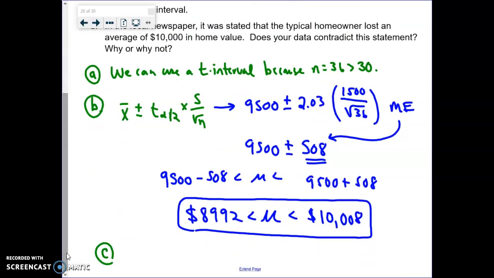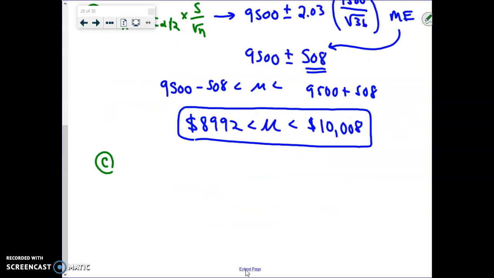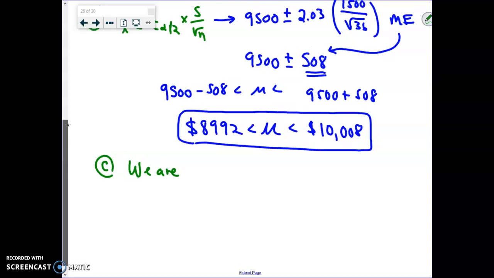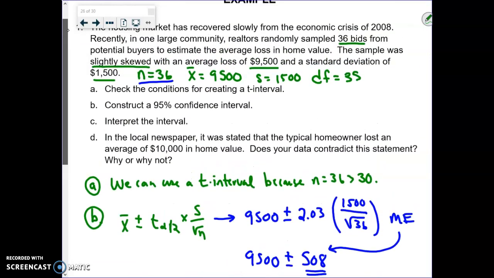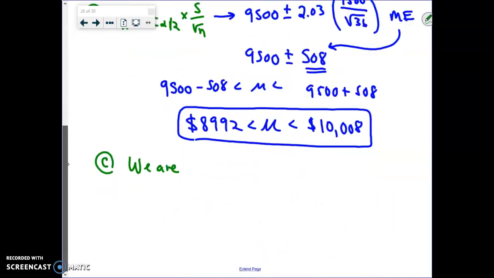Now again, we constructed a 95% confidence interval, okay? So we are 95% confident, sorry about my writing, that